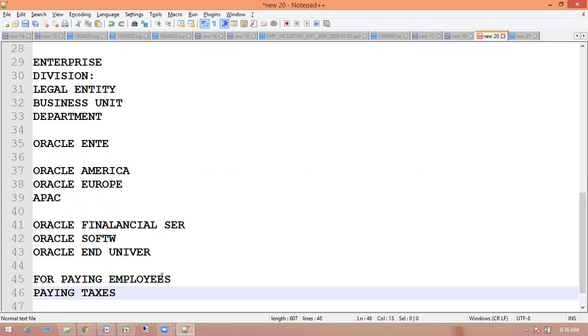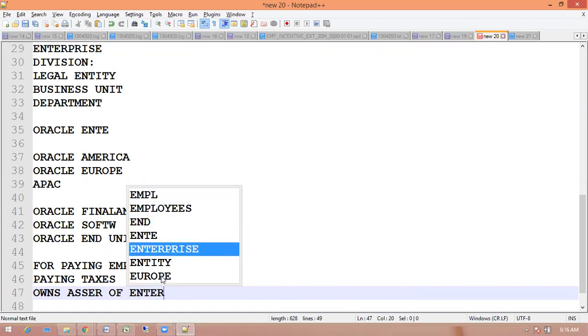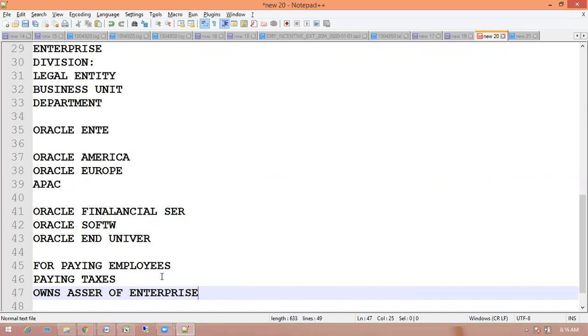Actually, the legal entity owns the assets of the enterprise, and this legal entity should be responsible for recording profit and loss, sales, taxes.